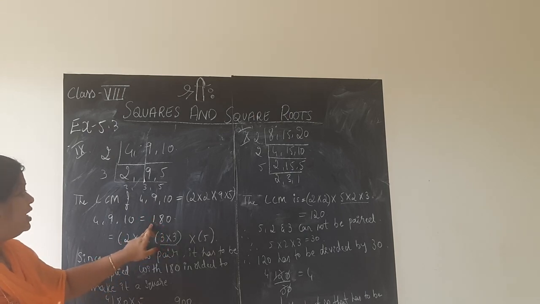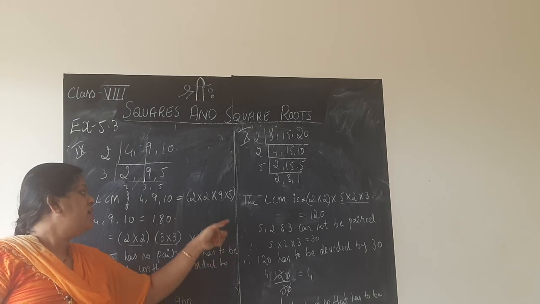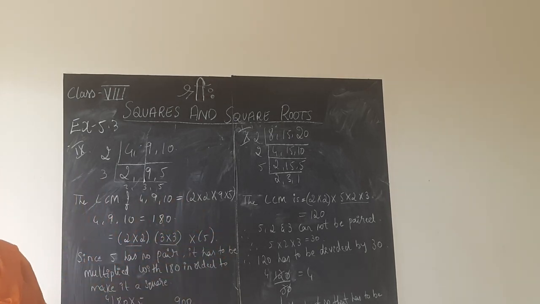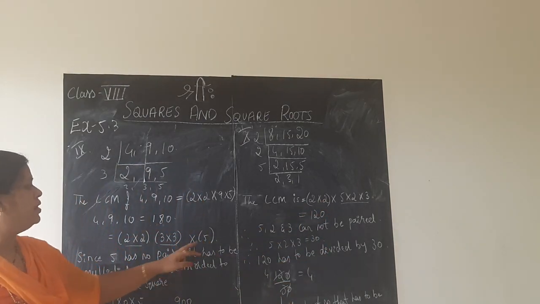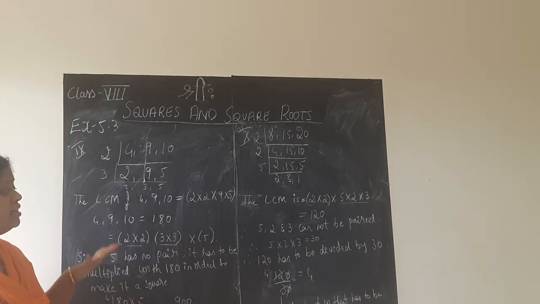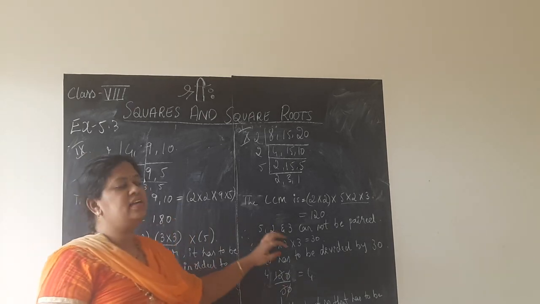So, by the prime factorization method, we found out the LCM and multiplied and found out that value. Then we went on pairing these multiples. When we paired, we found the number which doesn't get paired. In both the cases we did the same. Here 5, 2, 3 cannot be paired, whereas there only 5 cannot be paired. Whatever you are getting that cannot be paired, that has to be multiplied here and divided here.